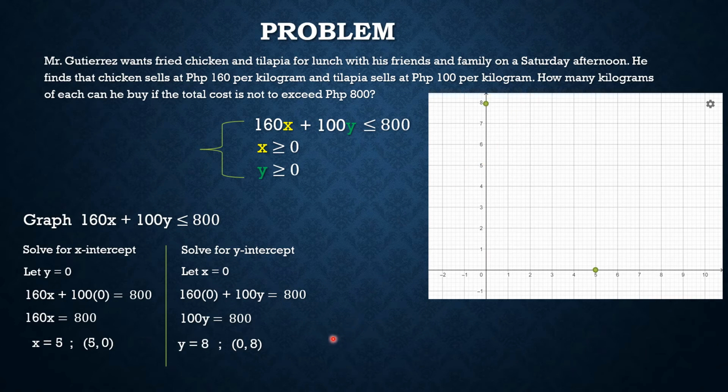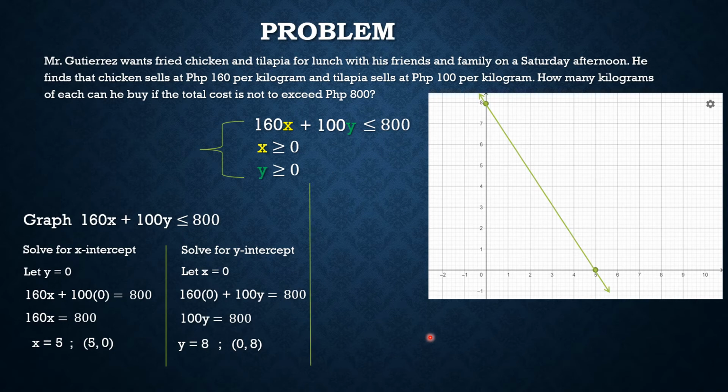And technically, we're going to use a solid line because of this inequality symbol na less than or equal to. Again, gagamit tayo ng solid because less than or equal to. Gagamit ko pa rin ng solid kapag greater than or equal to. Okay? So it means that all the points na dinaanan ng line ay part ng solution. So technically, si 5, 0 at si 0, 8 ay part din ng ating solution dito sa graph ng ating linear inequality. So, after graphing the boundary line,